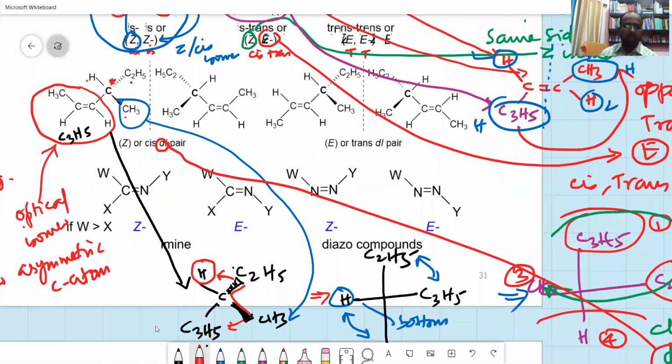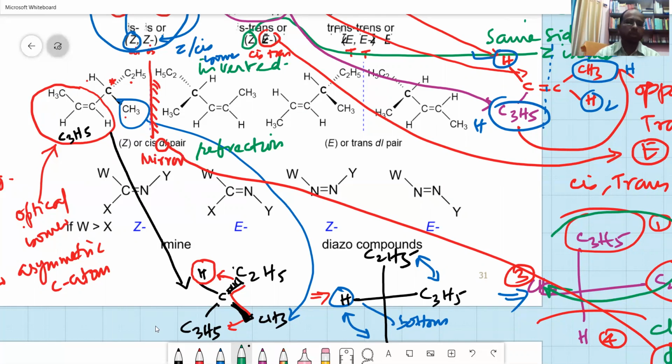Okay. Now, what has happened here is because this is a very, very long molecule. Here you are placing a mirror there. When you place a mirror, we call it a mirror. When you place this mirror, you are getting a reflection here. So in this reflection, everything is getting inverted.